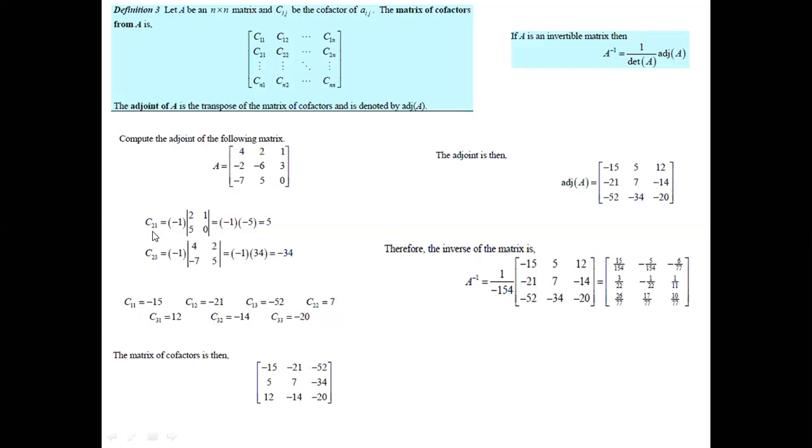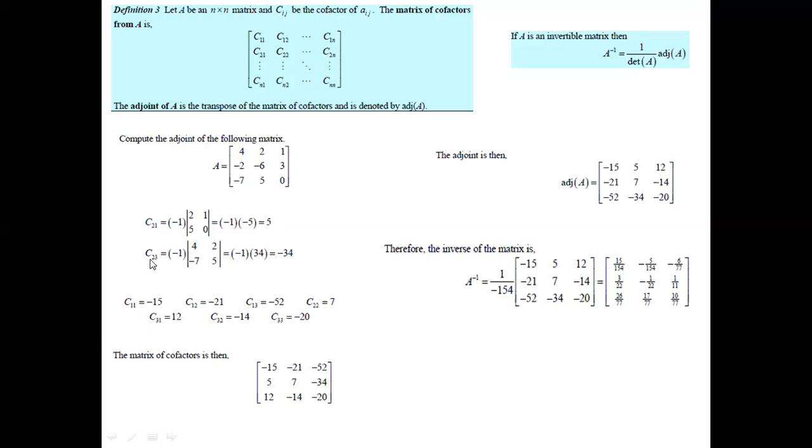I was just saying that we have minus 1 raised to i plus j to find the cofactor, where i is the row and j is the column. So we'll have minus 1 raised to 2 plus 1 in this case, which is minus 1 raised to 3, which is minus 1. So from here you can find the cofactor. This will be minus 1 into minus 5, which is 5. This cofactor C21 is written in the matrix of cofactors as 5 at the position 2 1.